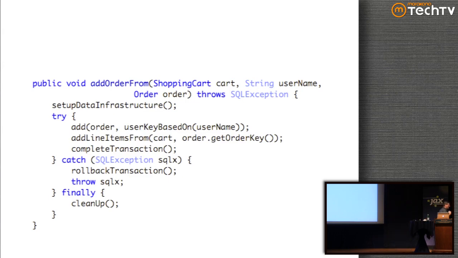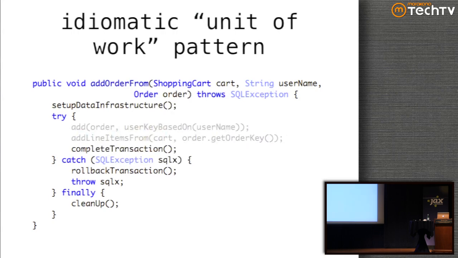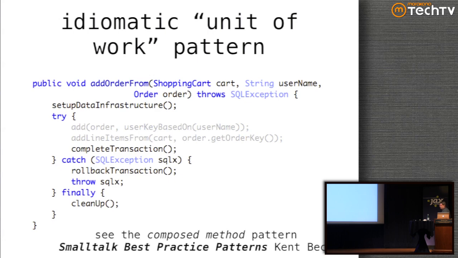The inspiration for this style of refactoring actually comes from what may be a surprising place for some of you. This is basically Kent Beck's idea of composed method from Smalltalk Best Practice Patterns, which is a book that he wrote in the late 80s or early 90s about Smalltalk. The idea behind composed method is that every public method reads like an outline, and the individual steps are private methods that implement those behaviors.